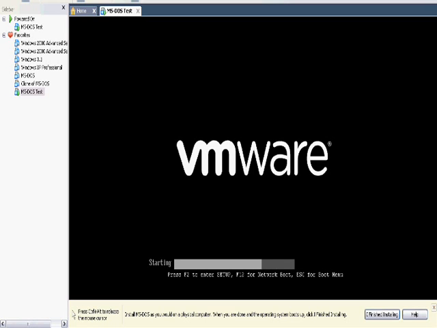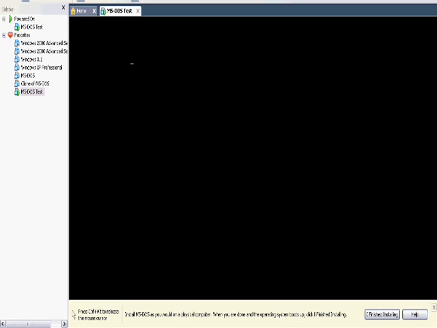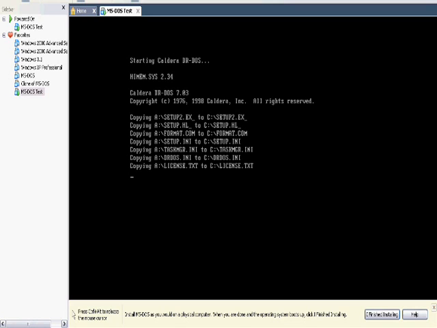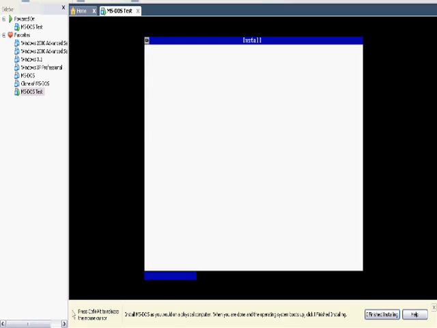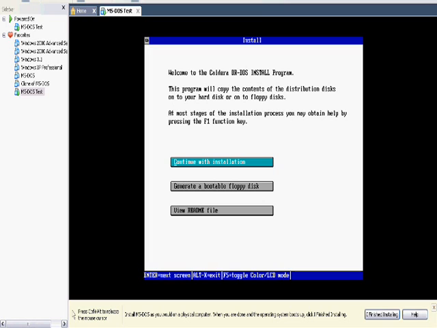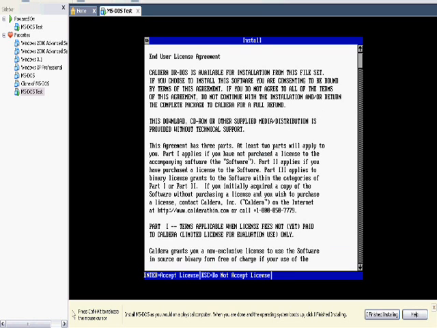Okay, you want to click back inside your VMware. To get out of your VMware, you have to press Control Alt, and now MS-DOS is loading up. Okay, when this screen pops up, you want to click Continue with Installation,